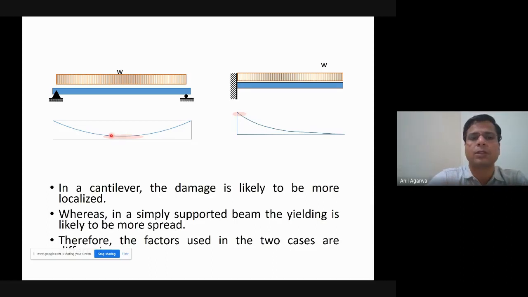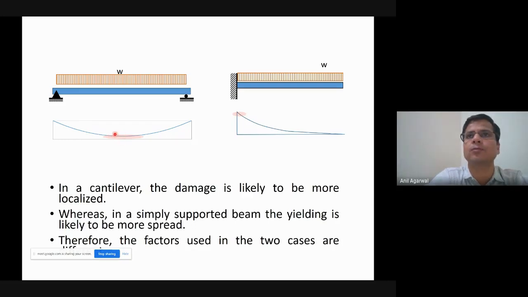Here. The variation of bending moment in that neighborhood is very, very gradual, very slow, right? So there is a large region that has a very large, almost uniform bending moment. Whereas in the case of a cantilever, the region that has large bending moment is very small, because the bending moment starts to drop almost immediately beyond the maximum bending moment location. As a consequence, the portion that is going to undergo damage in a simply supported beam is much larger. So let's say this reaches MP value,